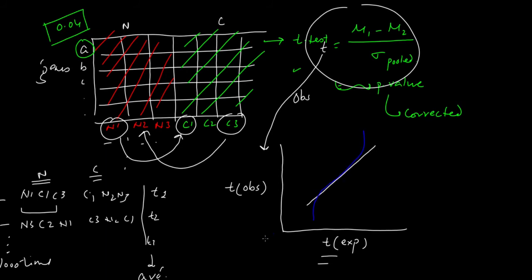This is what you observe, which means that there is a significant deviation over here. So that will be, let's say, some genes which are upregulated in one of the samples. You can say these are upregulated in one of the samples, and then there is significant deviation down here. You can say these are the downregulated genes, right? So you can say significantly downregulated in one of the samples. Which sample it is will depend on what your mu1 and mu2 were, right?